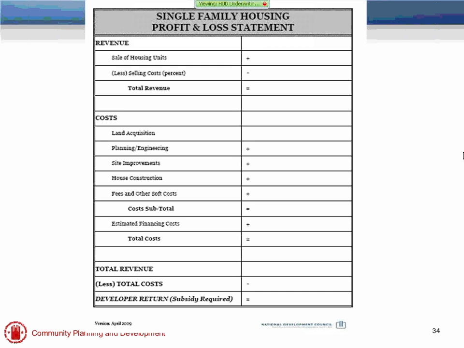And the financing costs, again, are going to be based on our construction loan during that construction period. So we will take our total revenue minus our total cost, and that's going to be the developer return, which is also the subsidy that's required. And there's definitely a limitation with this profit and loss statement because it does ignore timing. But this is just a basic profit and loss statement, and this is a form that you'll get familiar with again in the classroom course, the HT 410 course.